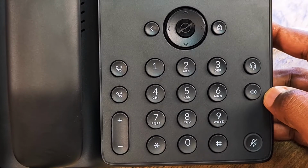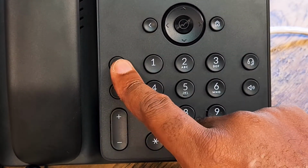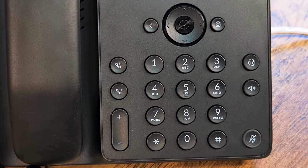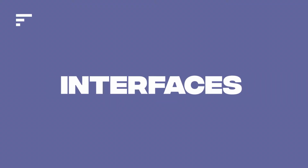This looks much more modern than some of the older Poly phones, but everything is still laid out the same way that you would expect, like the transfer call, place a call on hold. Your volume button is your numeric keypad, your mute, and your headset control. Now let's flip her around and see what we've got on the back by way of interfaces,